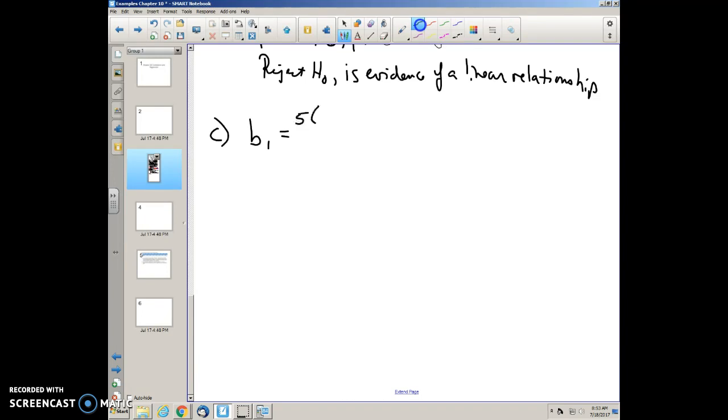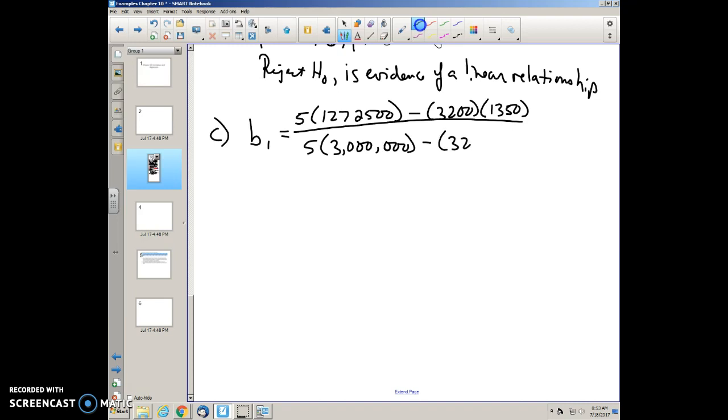It's going to be 5 times the sum of xy minus the sum of x times the sum of y, all over 5 times the sum of x squared minus the sum of x in parentheses, and then squared. For time's sake, I'm not going to simplify, I'm just going to go right to the answer. So b sub 1 is